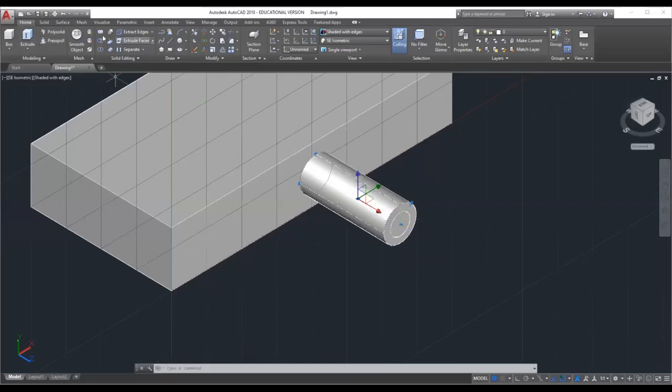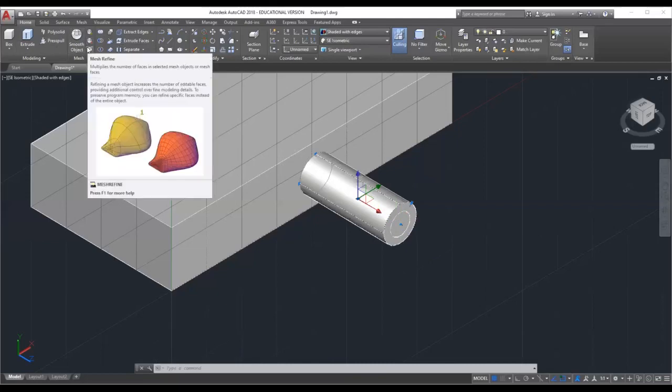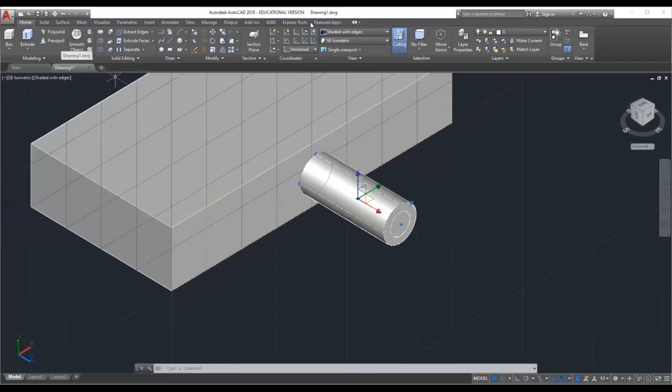By using Boolean expressions, we have to remove the inner cylinder from the outer cylinder. Okay, what are the Boolean expressions? There are three types of Boolean expressions we have to observe: union, subtraction, and intersection.